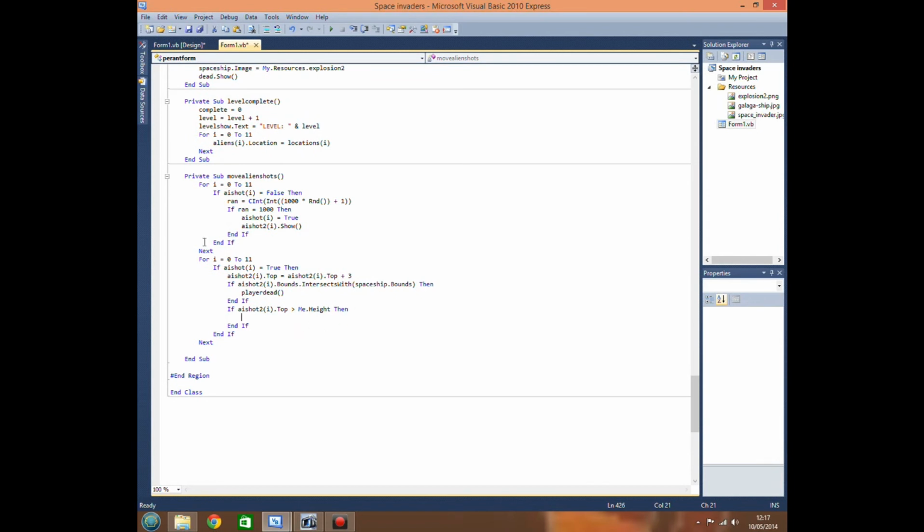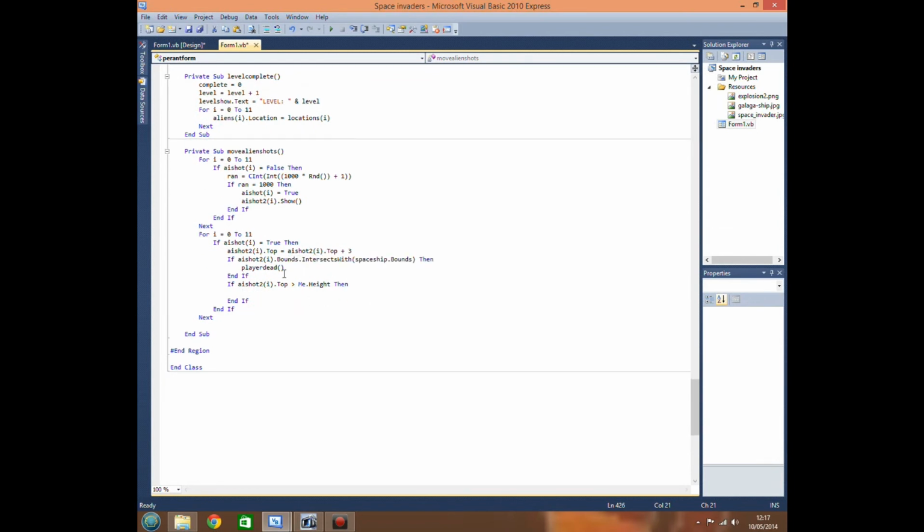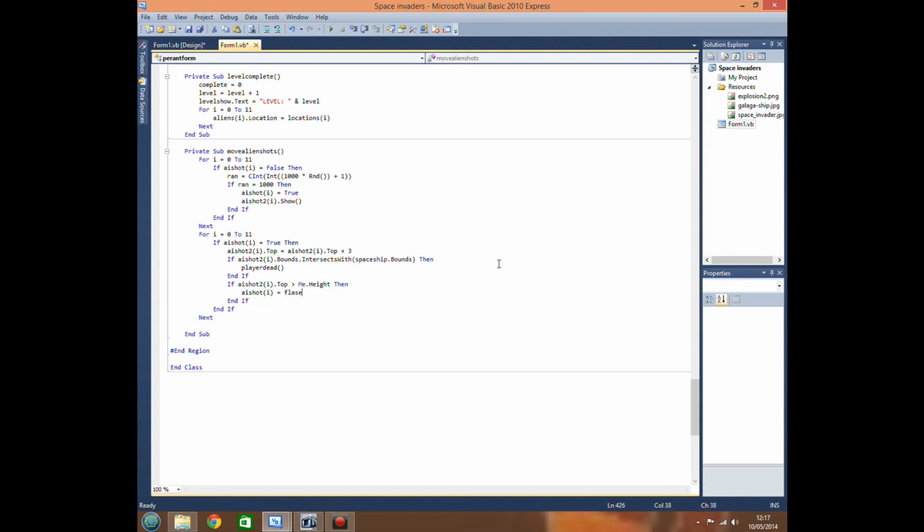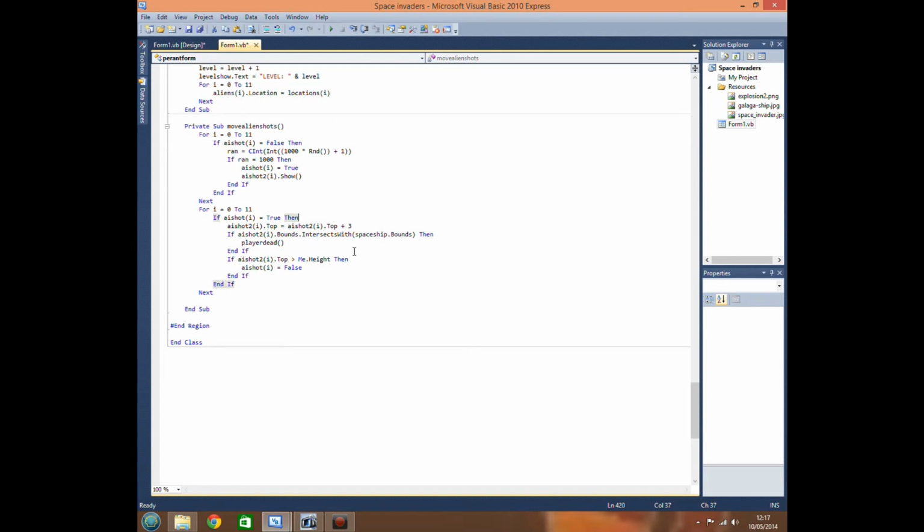First off, we want to change the Boolean value to false. So we want to do AI shot I equals false. Helps if I can spell false correctly. Obviously that means it's equal to false, so it's going to stop moving the shot downwards. Then we want to do AI shot 2 I dot hide,